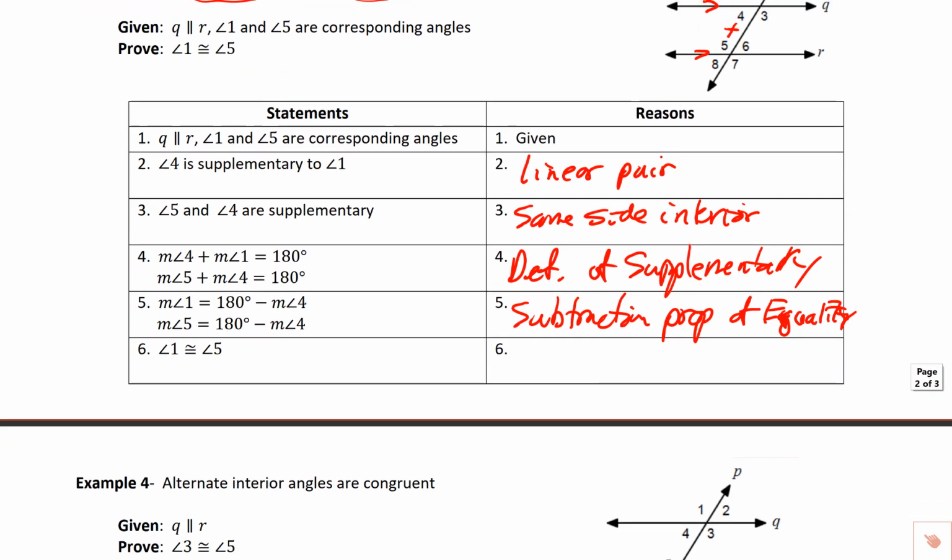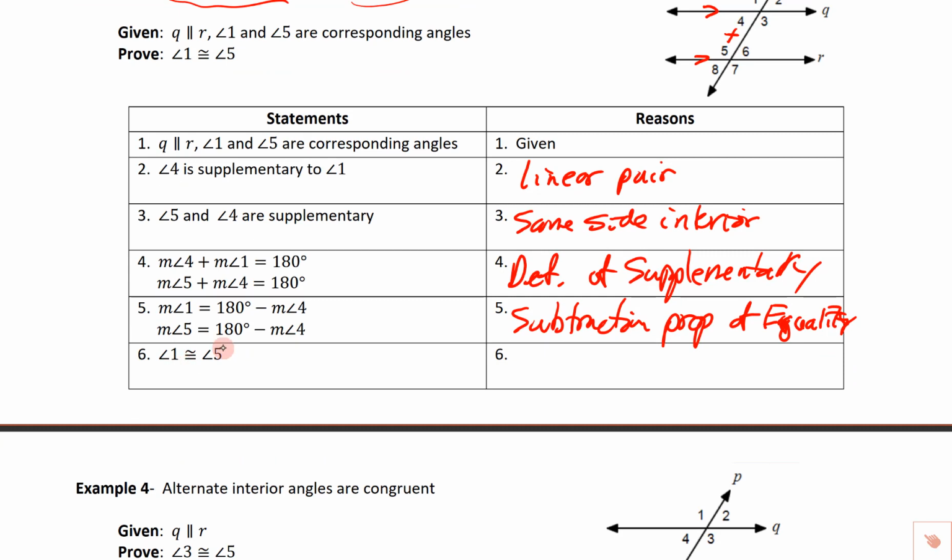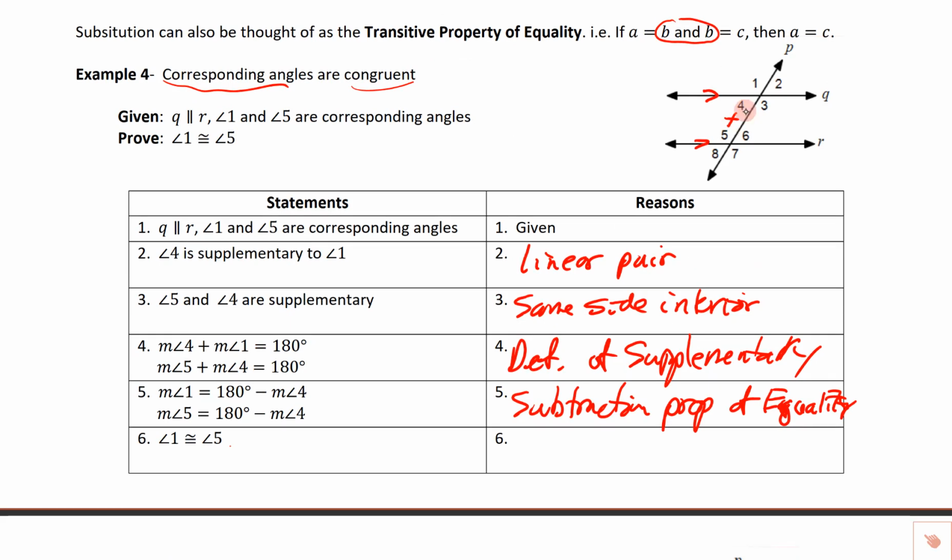And then let's take a look at this last one here. So this is what we've got. It says angle 1 is congruent to angle 5. Now, what we wanted to show was that these two angles were congruent because they're corresponding angles. So angle 1 should be congruent to angle 5 because it's corresponding. And what we've done here is we've said, hey, angle 1 is equal to this. Angle 5 is equal to that same thing. So we can cut out the middleman or do substitution. So you can say substitution,